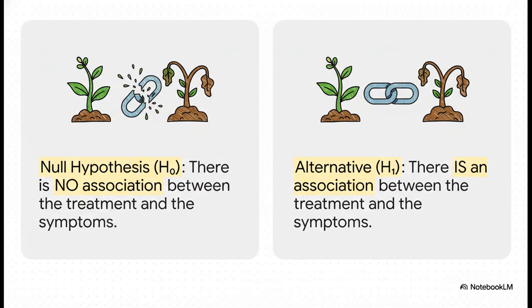Now, before we crunch a single number, we have to formally state our hypotheses. Think of it as setting up 2 competing ideas. The null hypothesis, or H0, is always the boring one. It's the default assumption that there's nothing interesting going on. In this case, it says there's no relationship at all between the treatment and the symptoms. The alternative hypothesis, H1, is the opposite. It's the one we're actually curious about, that there is a connection. The whole point of the test is to see if our data is strong enough to let us reject that